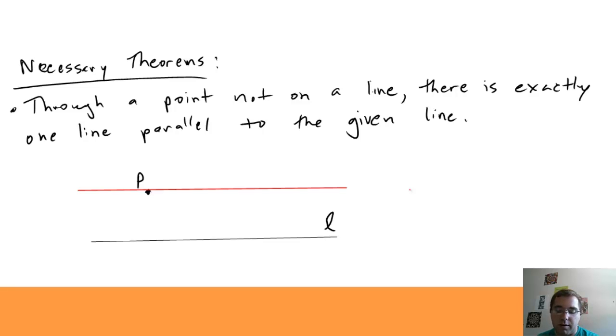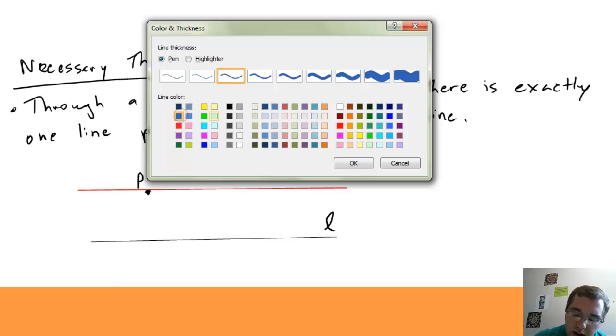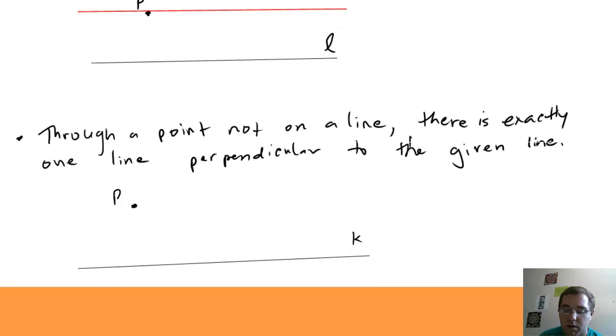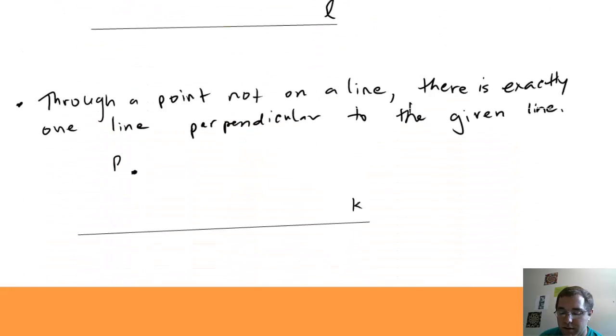Because if I draw a second one through P, it's going to be slanted. And if it's slanted, then at some point it's going to intersect L. This one would intersect L down here, so it can't be parallel. This theorem says there's only one line that goes through P that's parallel to L. Seems intuitive, very, very difficult to prove